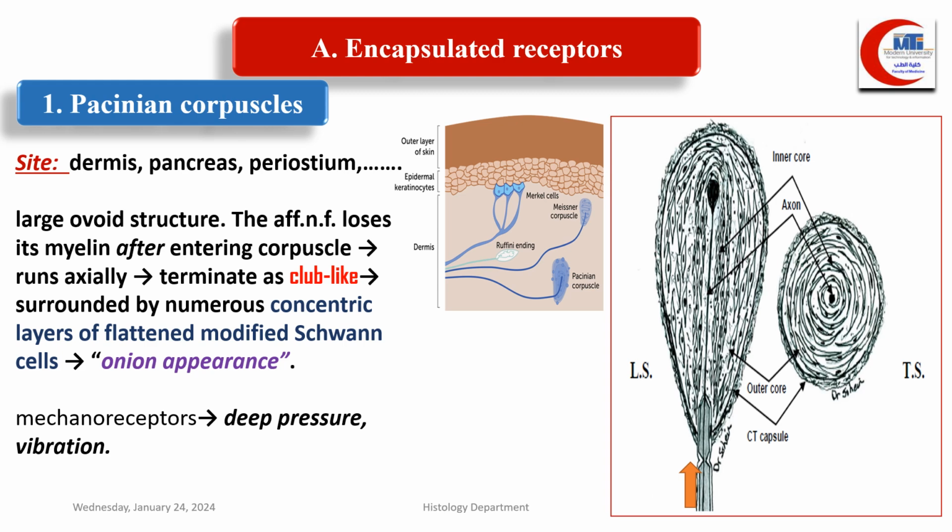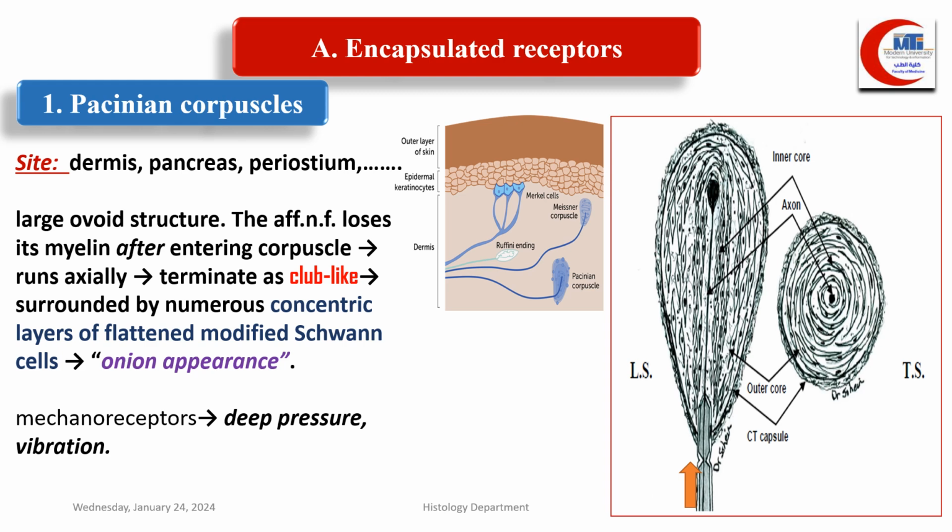As regards the shape, it is a large ovoid structure. The afferent nerve fiber loses its myelin sheath after entering this corpuscle. Let's go to the diagram on the right side. We can see that this arrow points to the axon, which is covered by myelin. It is myelinated, entering the connective tissue capsule of the Pacinian corpuscle, but loses its myelin sheath inside, not outside